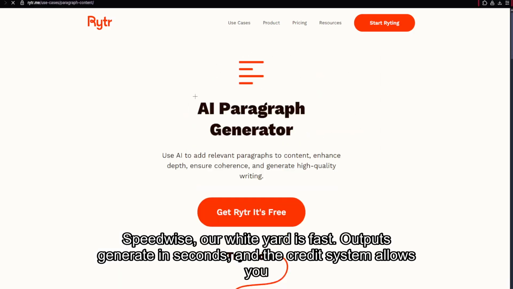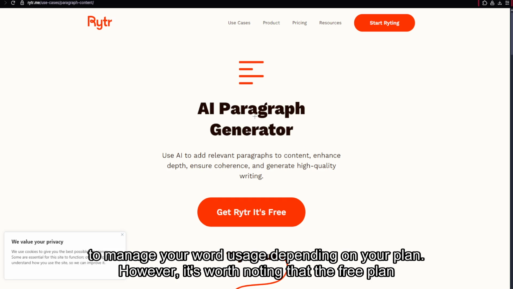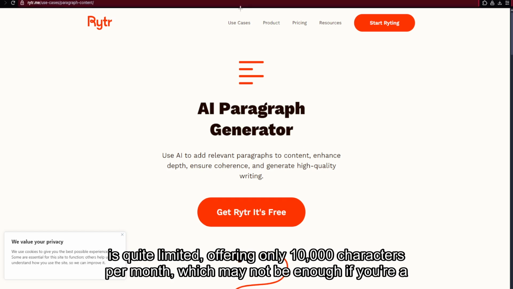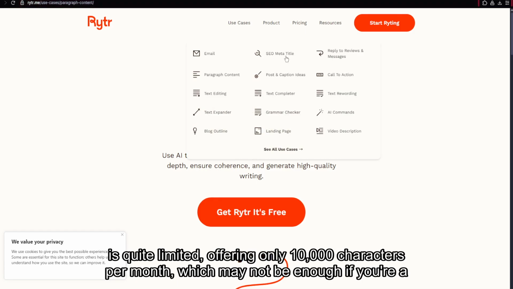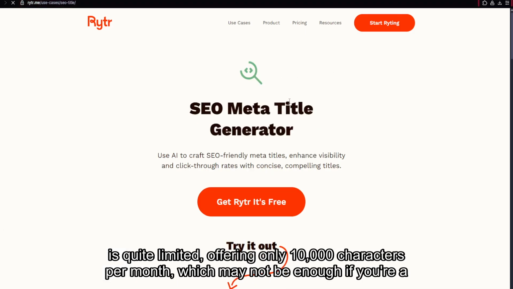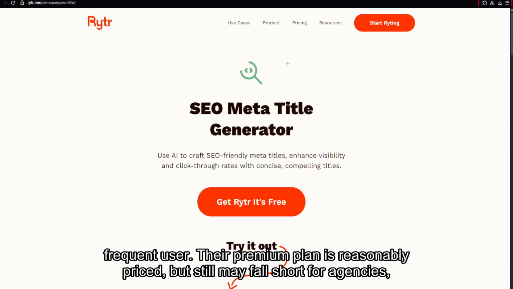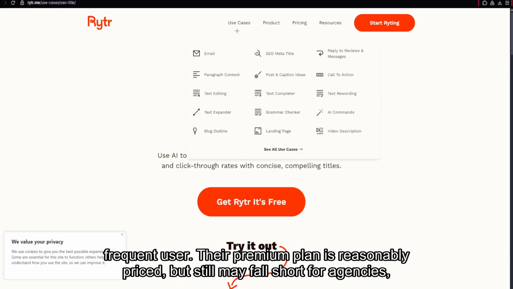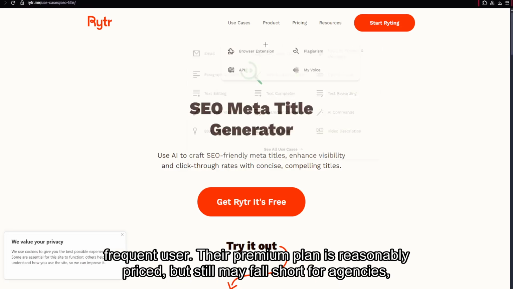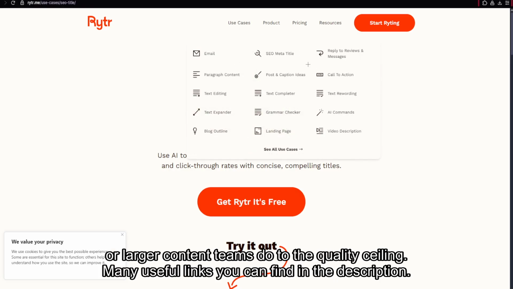Speed-wise, Rytr is fast. Outputs generate in seconds, and the credit system allows you to manage your word usage depending on your plan. However, it's worth noting that the free plan is quite limited, offering only 10,000 characters per month, which may not be enough if you're a frequent user. Their premium plan is reasonably priced, but still may fall short for agencies or larger content teams due to the